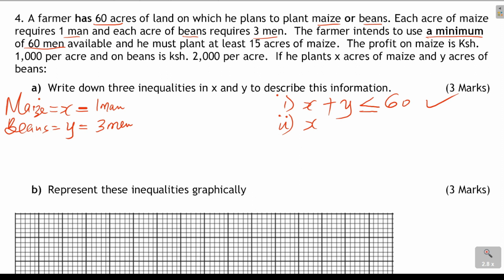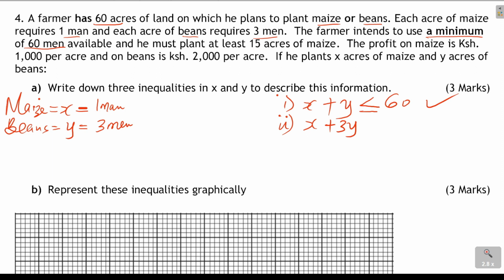If 1 acre requires 1 man, what about X acres? That is X times 1, which is X. Then we add, we are getting the sum because there are 60 men available for both maize and beans. So for beans, each acre requires 3 men. What about Y acres? It will be 3 times Y men. So that will be 3Y. So this is the sum that is required for both X acres of maize and Y acres of beans. And since he has 60 men available to do this job, we can say that X plus 3Y,